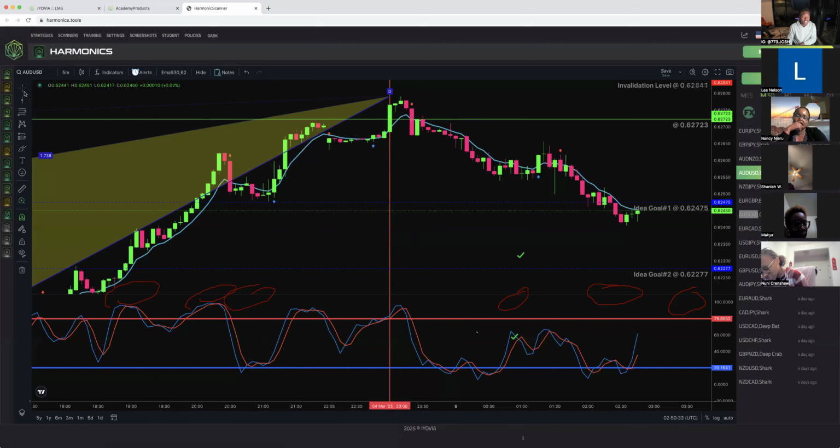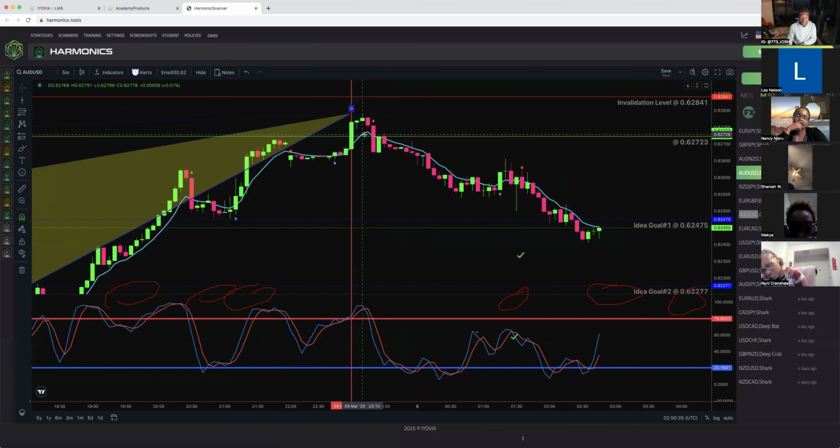Okay? So the last and final step, 7 steps. We're now going to use this indicator right here. Y'all see this blue line? It's called the EMA. That stands for exponential moving average. It doesn't matter though. All right? Some people talk about stuff to sound smart. I don't care. It's a blue squiggly line in the middle of the candles, telling you which direction the market is actually going.